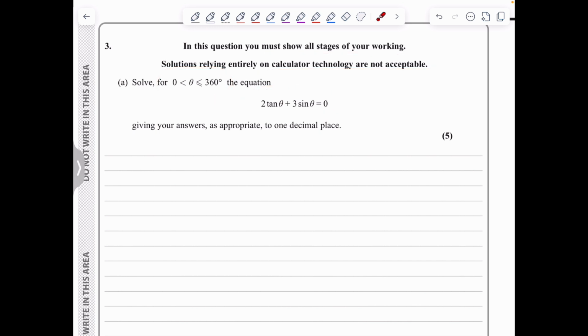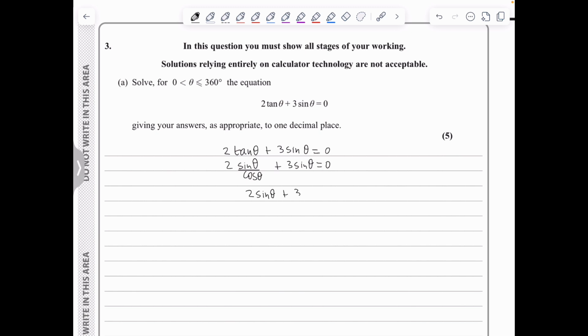So starting off with the equation given, we've got 2 tan theta plus 3 sine theta is 0. So the first thing to do is write tan theta as sine theta over cos theta. So I have 2 sine theta over cos theta plus 3 sine theta is equal to 0. I will be multiplying throughout by cos theta to get 2 sine theta